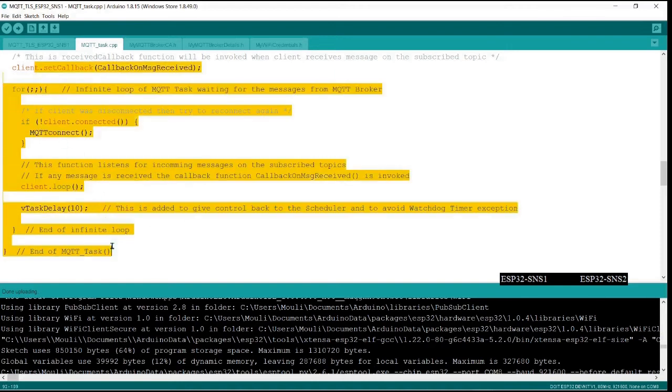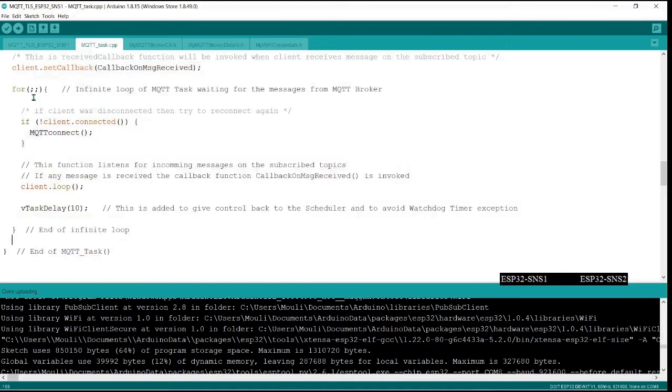Remember, this is running on core 0, and the OS in the background is also taking care of whether both the cores are giving control back to the OS or not. If not, the timer will run out and create an interrupt, and the ISR of the timer will restart the code.